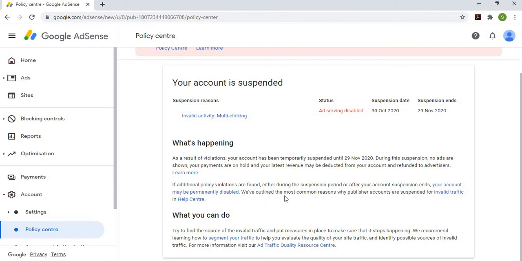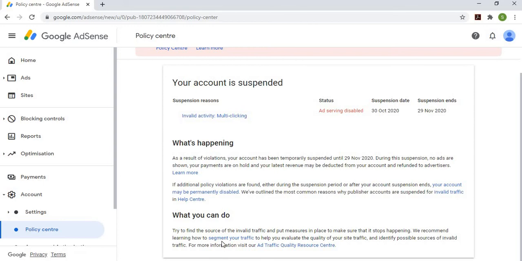And here it is mentioned that we have to outline the most common reasons why publisher accounts are suspended for invalid traffic in the help center. So what you can do is, whatever traffic comes to your site from unknown sources, monitor your traffic, find the source of the invalid traffic, and try to make sure that it stops happening again.